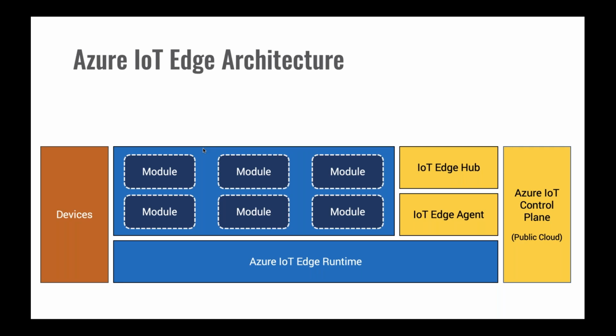Then we have IoT Edge Hub, and this is basically the replica of Azure IoT Hub. They expose exactly the same API, same interfaces, and it is compatible with the public cloud-based Azure IoT Hub. Devices talk to each other via the IoT Edge Hub, and this is responsible for the communication and M2M mechanism between the connected devices. And then there are multiple modules, and these modules are essentially Docker containers that are running